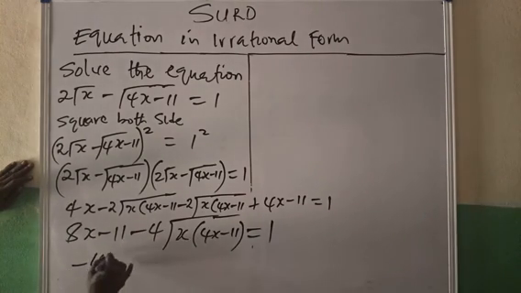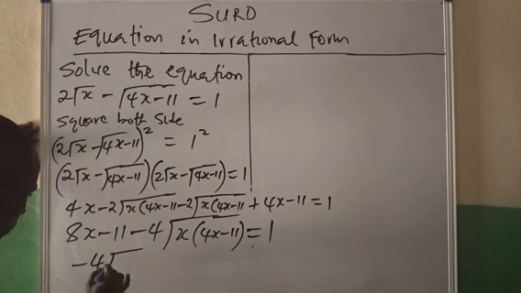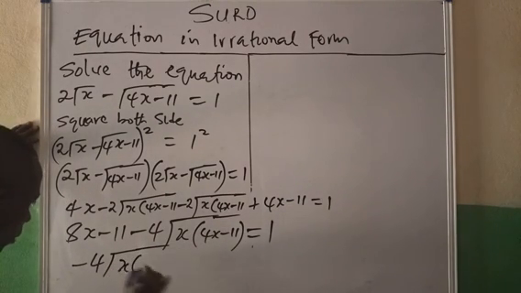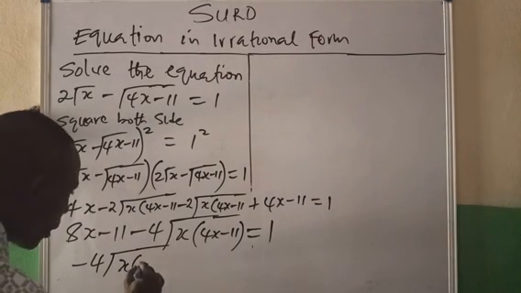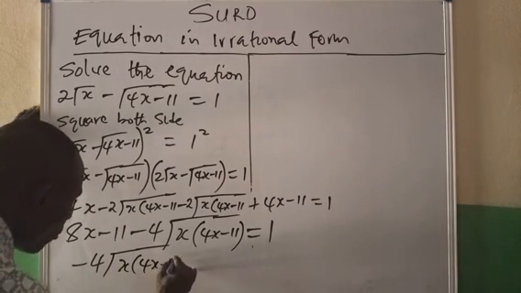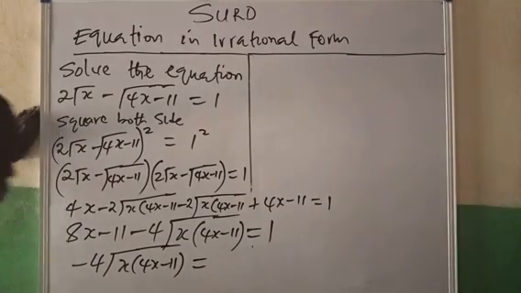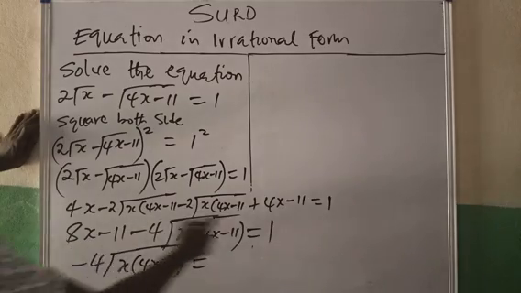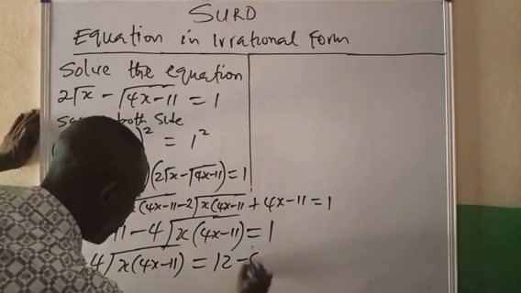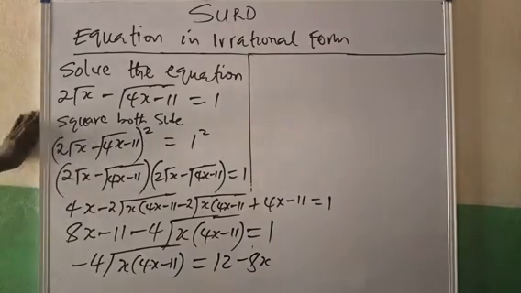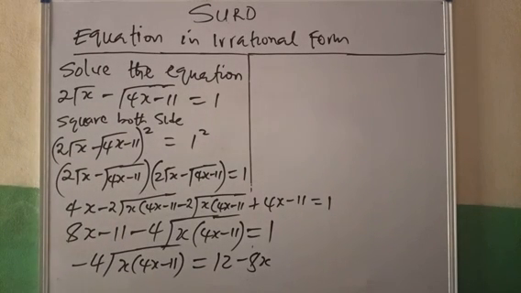So I have minus 4 root s into bracket 4s minus 11 will be equal to minus 11 moved here becomes what? 12 minus 8s. So if I divide both sides by 4, here we have